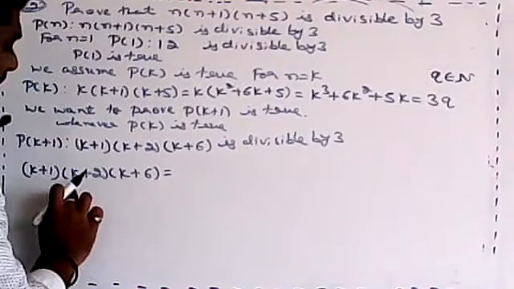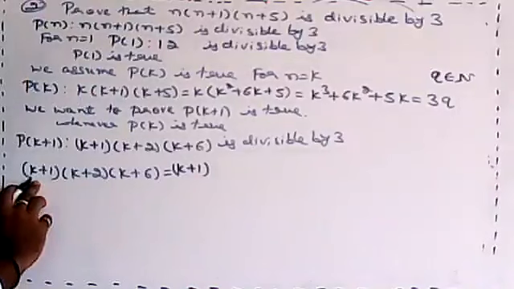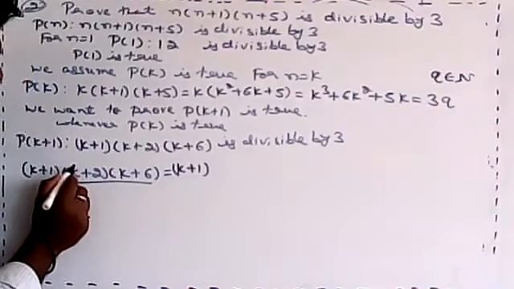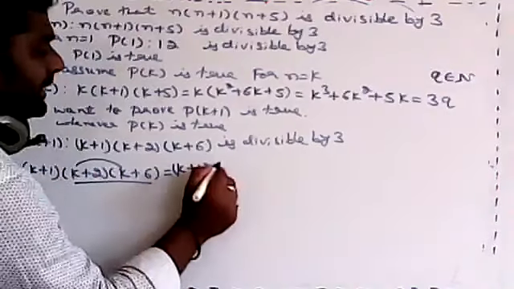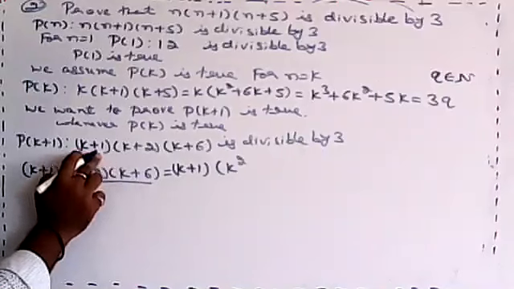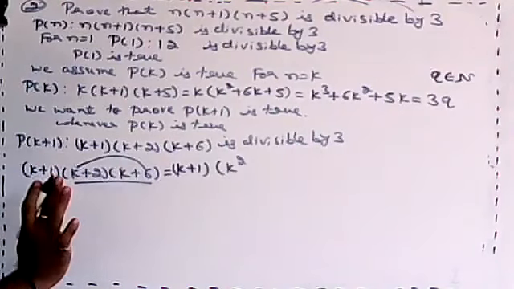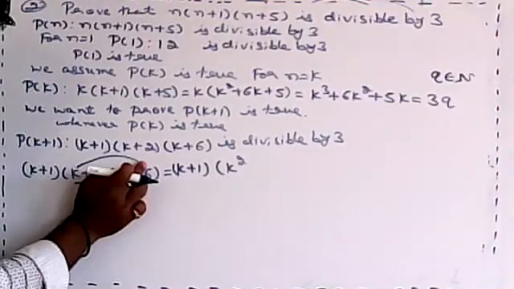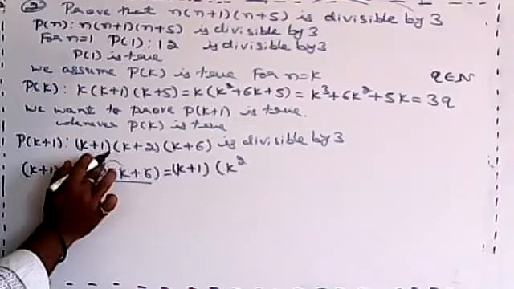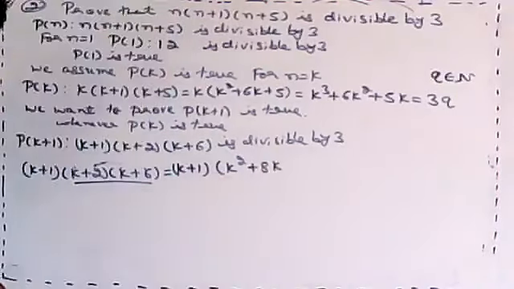See, same thing here also. K plus 1 I'm writing as it is. First term, k plus 1 I'm writing as it is. Now we check these two terms. First you multiply, k into k is k square. Now you check there. K into 6 is 6k. Correct or not? K into 6 is 6k. And similarly, k into 2 is 2k. So 2k plus 6k is how much? 8k. Correct?